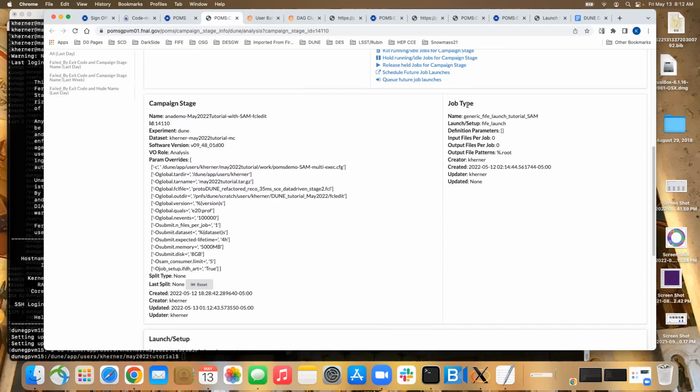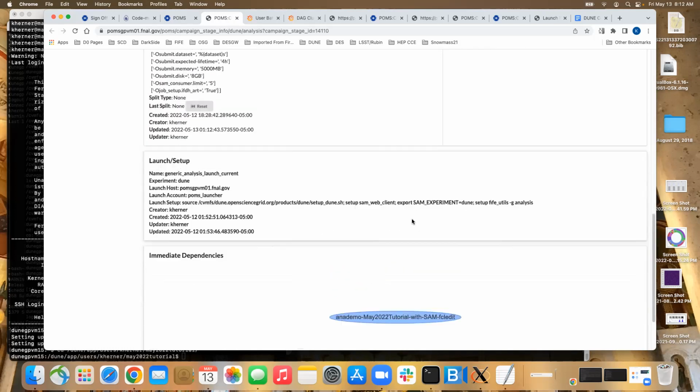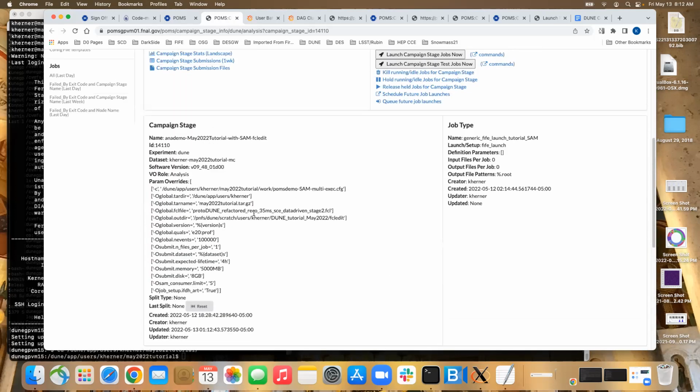Remember, we talked about yesterday the job type, the launch setup scripts. Those are exactly the same as we used yesterday as well. All right, so let's switch gears quickly and let's